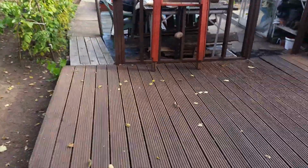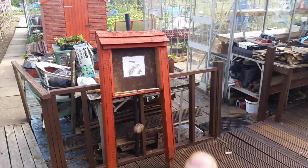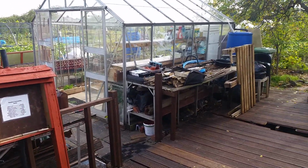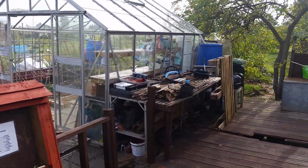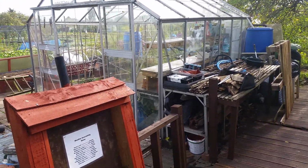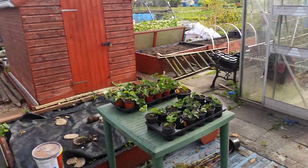So yeah, there's a lot of work to do up this end as well. I'm going to try and get the Weatherstone in down at the front, next to Cleopatra, in the next couple of weeks. There's loads of stuff left on here, so like I say, I'm trying to go as cheap as I possibly can at the minute, and then just go from there. I'm not in any rush to get it done. I'd rather take my time, think it out properly, and then